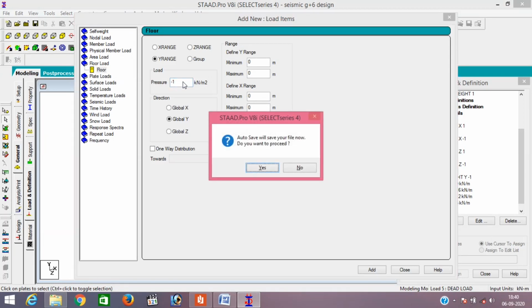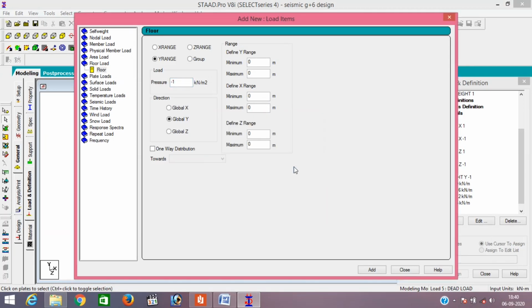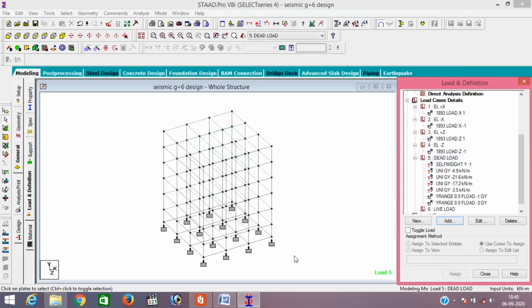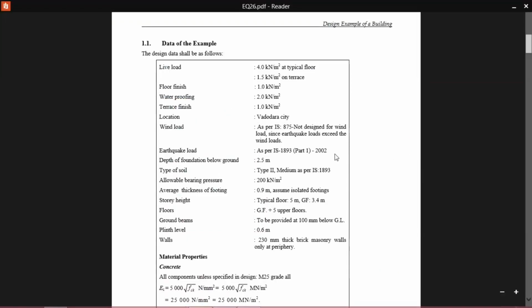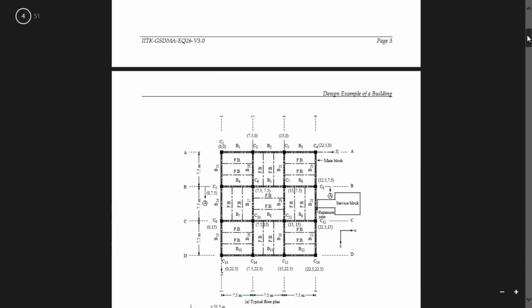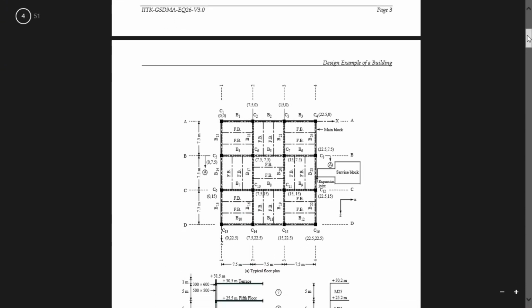So here we provide -1 for typical, just add it, and for terrace level it is -3, add it and close it. Okay, then here we see